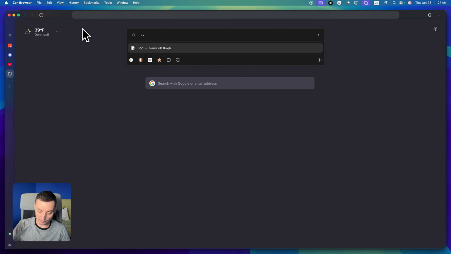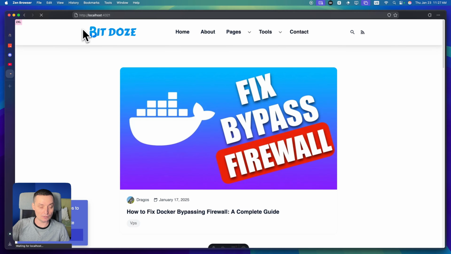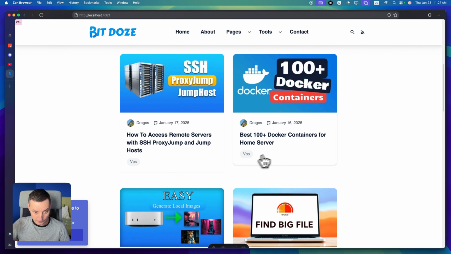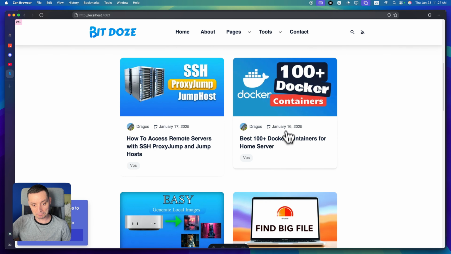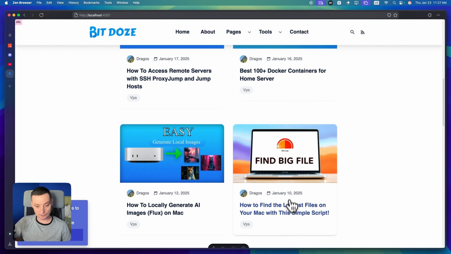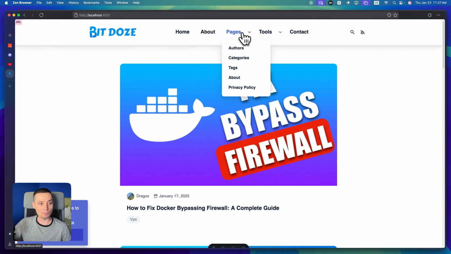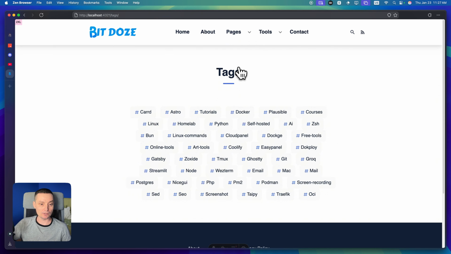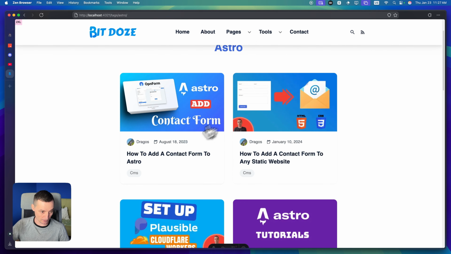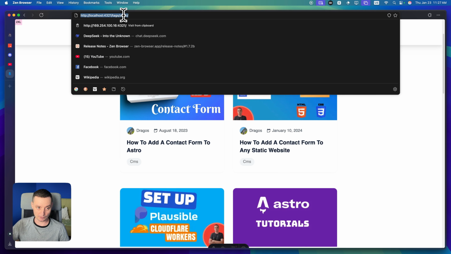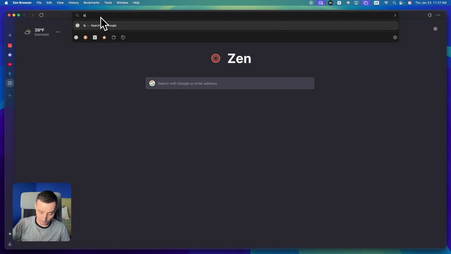So in here I have localhost 4321, accept, and in here you see that it added these details and made this look smoother. So yeah, it changed the design. And let's go to pages, and let's go to tags, for instance. Let's go to Astro, and again in here you have some details, and again these are nice touches that were added to the website, because right now if we're going to open the Bitdoze one directly,